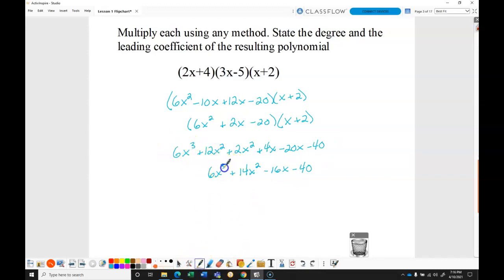That was 6x to the third. So the degree is 3. And remember, we can also call that a cubic polynomial. And I found the 3 on this first term here, so that implies that my leading coefficient is a 6. All right, so next up,